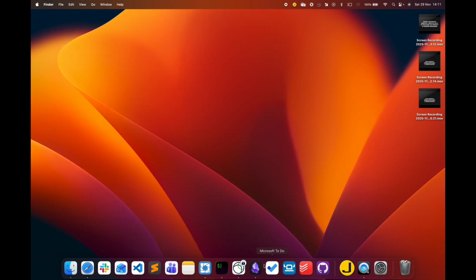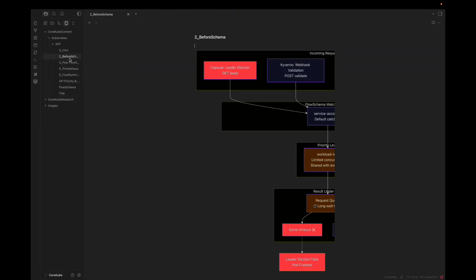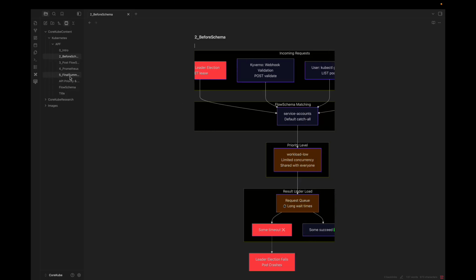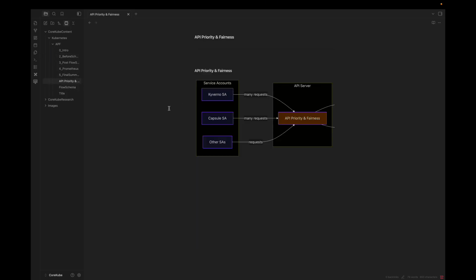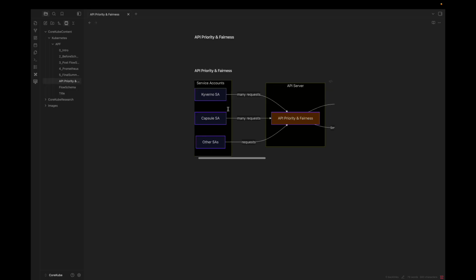Okay. So far, what we have seen is there are too many requests, some getting timed out, some not. It's a random behavior. Before I get into the flow schemas part, I want to discuss